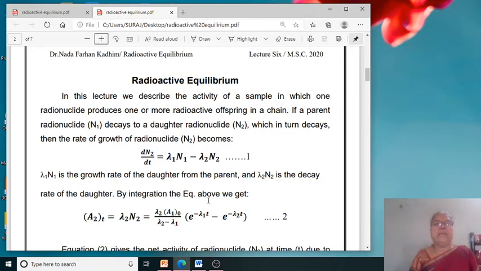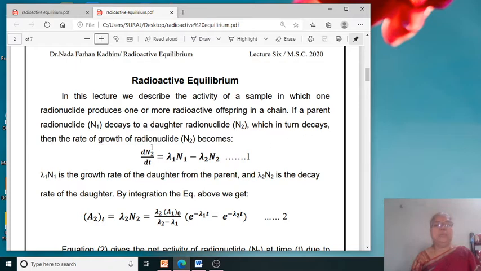And again there are two radioactive equilibriums. One is the secular radioactive equilibrium, and the second is the transient radioactive equilibrium. We will see them one by one. In this lecture we describe the activity of a sample in which one radionuclide produces one or more radioactive offspring in a chain. If a parent nuclide N1 decays to a daughter nuclide N2, which in turn decays,